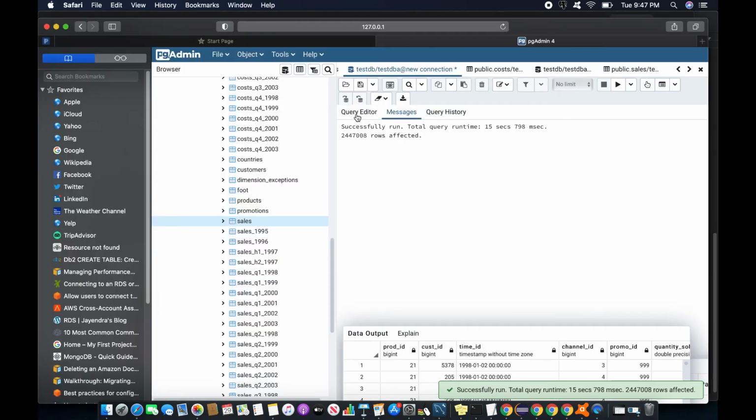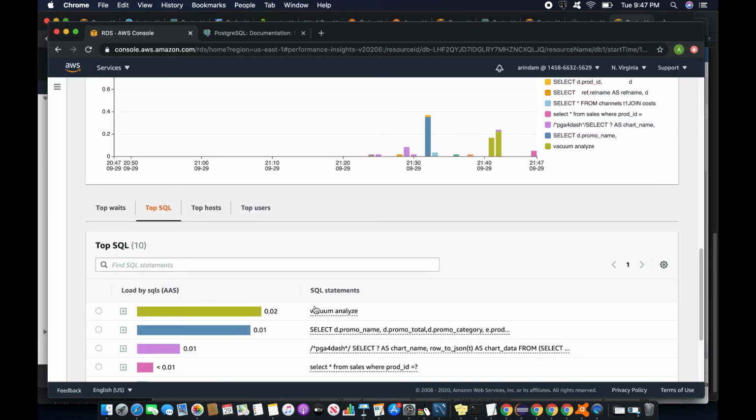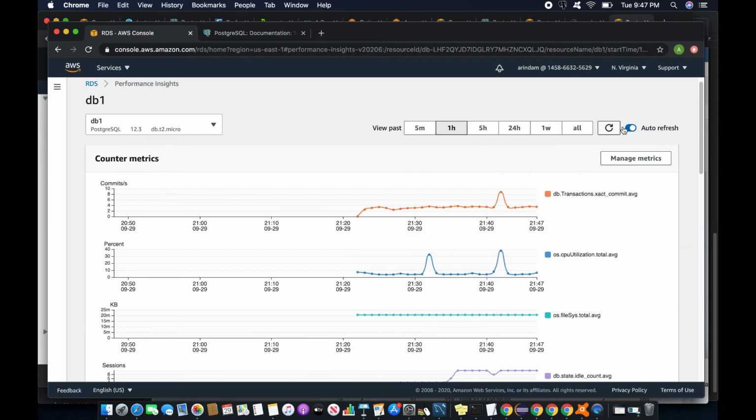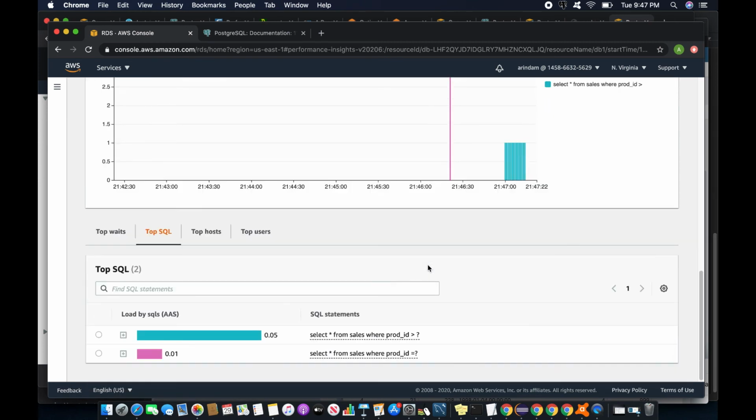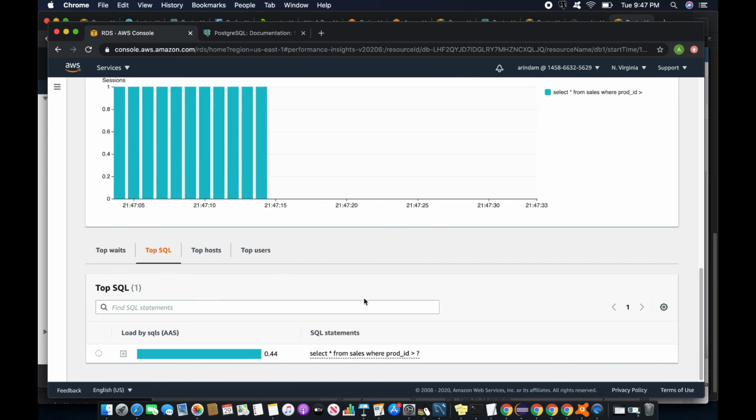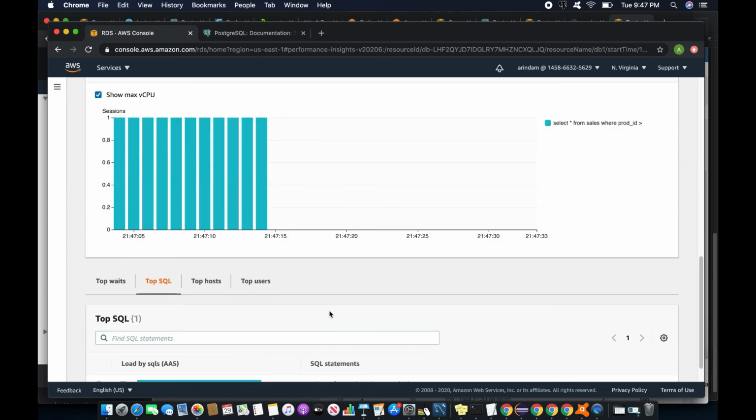Okay, the number of rows has also increased. So if I do the view past 5 minutes, you can see that I got a different screen, different color wait events. If I go to the wait events, the wait event is saying